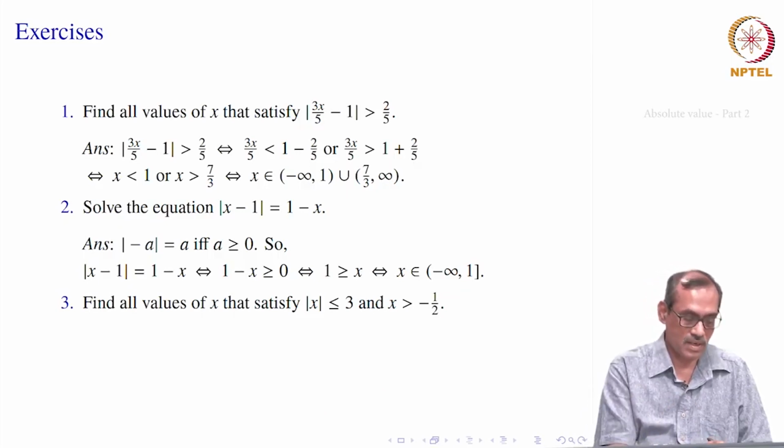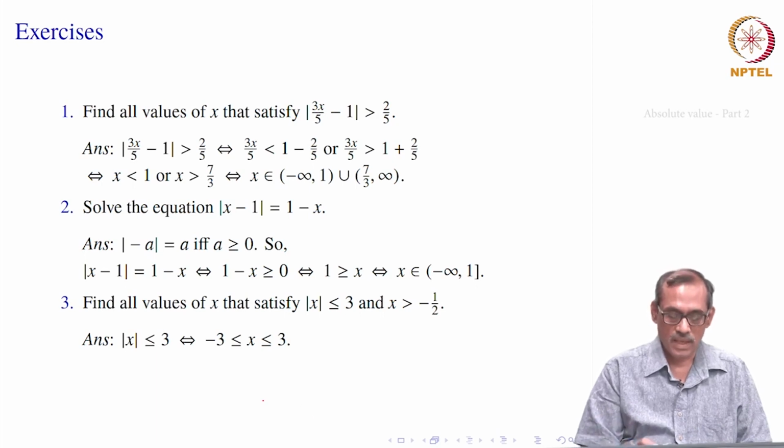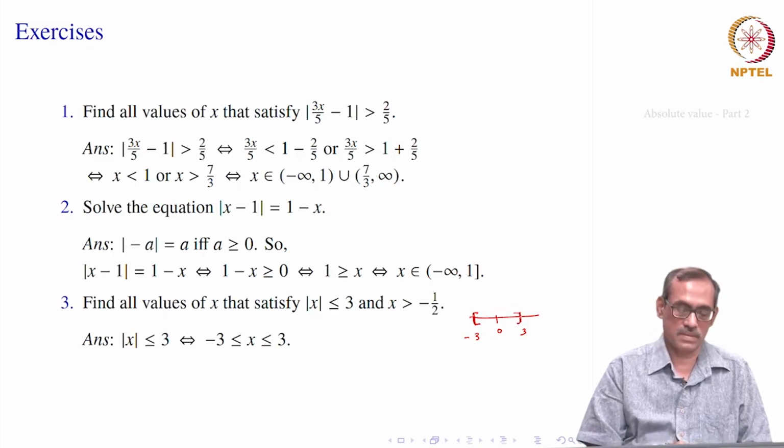Again we go back to our earlier thing, mod x minus a. So, mod x minus 0 less than or equal to 3, really, and if you have remembered the earlier ones, it directly gives you that x belongs to the delta neighborhood of 0. So, it is minus 3 less than or equal to x less than or equal to 3, right. Of course, that is clear. Here you have 0 and you have 3, the distance should be 3. So, distance 3 means this side it is 3, this side it is minus 3. So, x must be in between these, that is what it says.